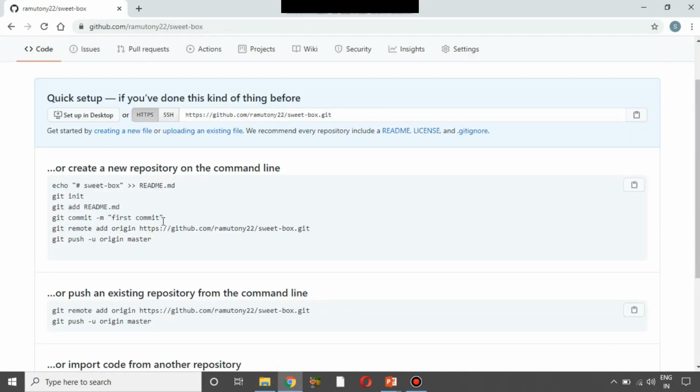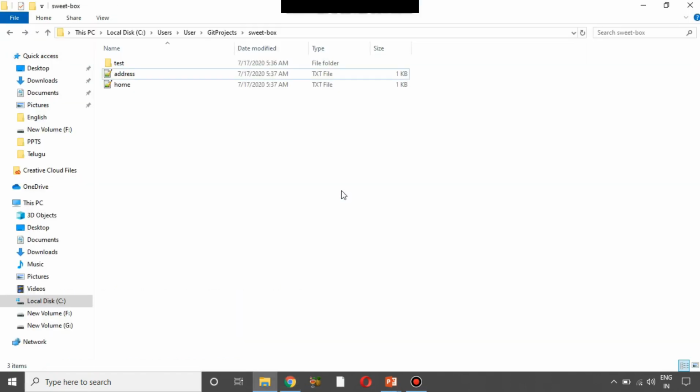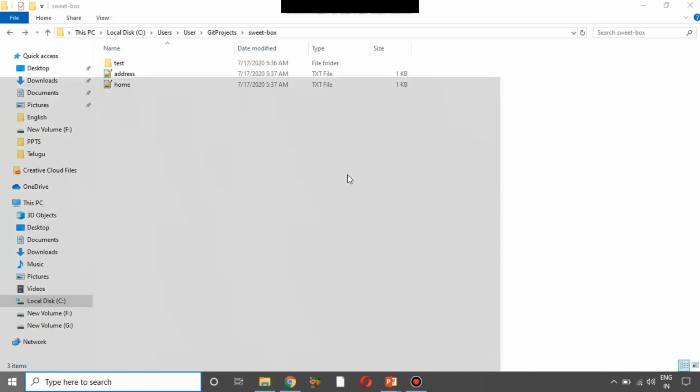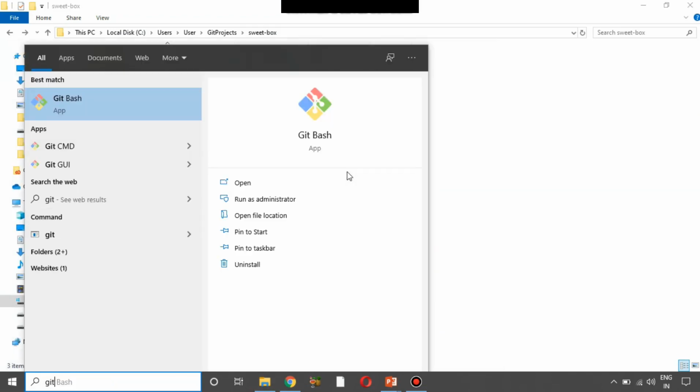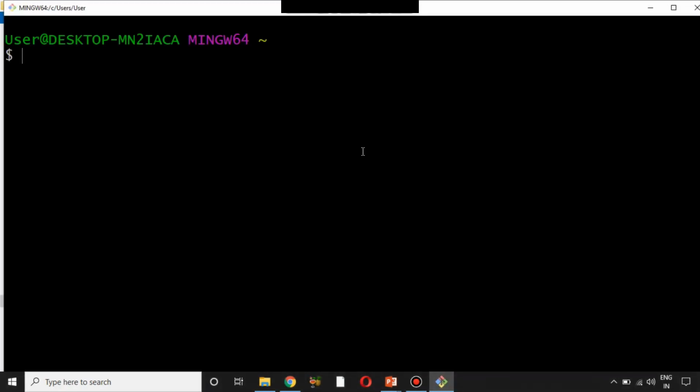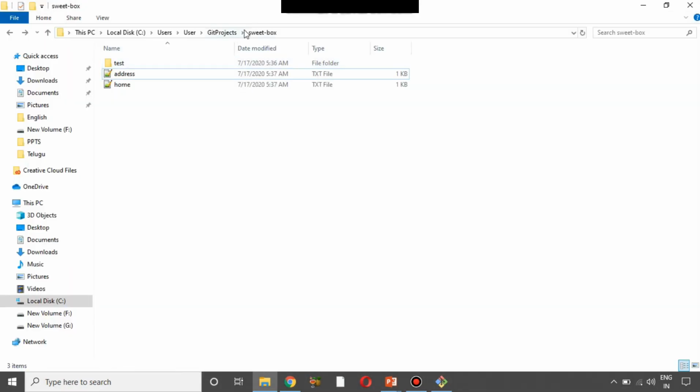So for that, if you look here, it is telling us that if you ever want to initialize your project with Git, the first thing you need to do is say git followed by init. Okay, that's fine. So I'm going to open Git Bash. To open Git Bash, you just have to search for git bash, and I have the project in git projects and then Sweetbox.